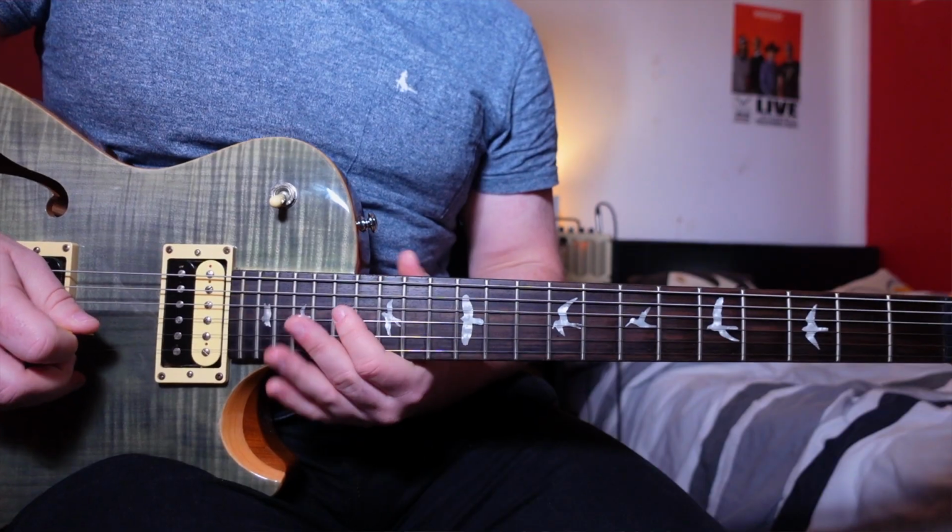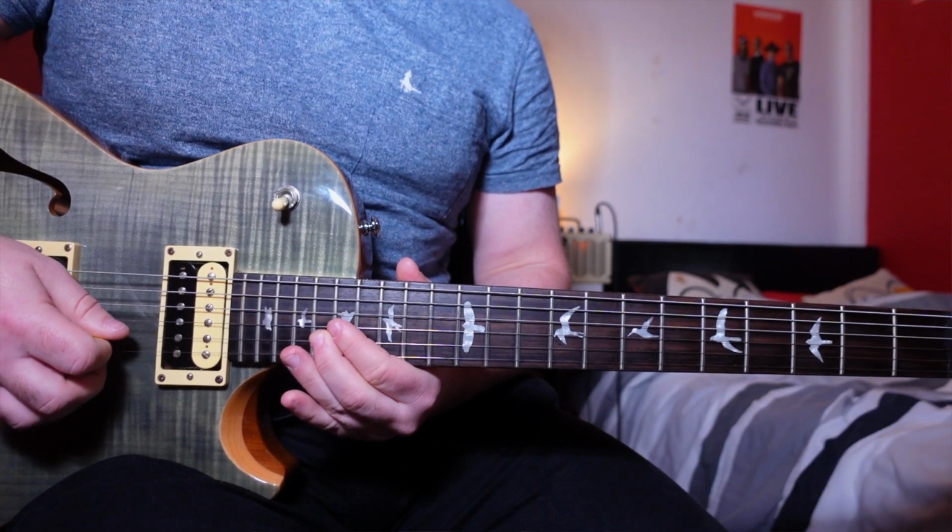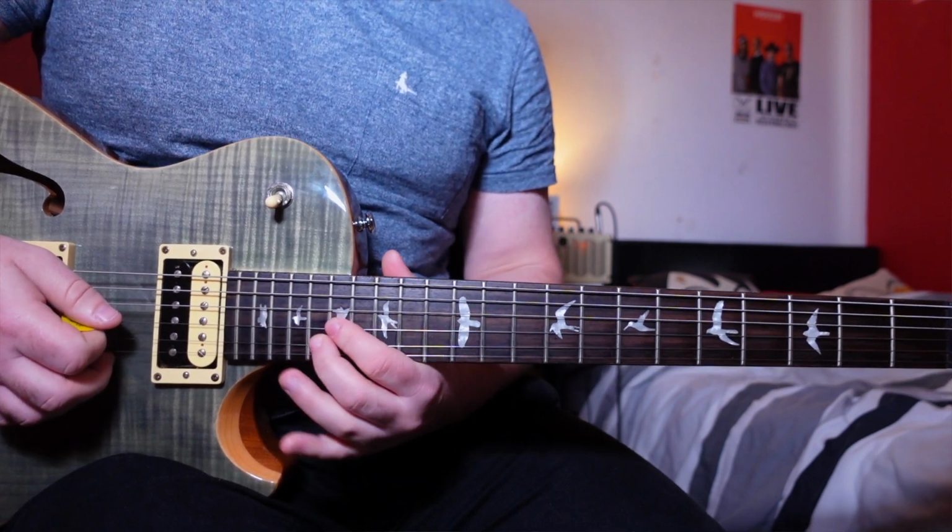Okay, so this is a little bit tricky, and in some ways I'm going to give you the chords and I'm going to go into the strumming, but it's better just to try and play along to me and to the song, because the rhythm's a little bit awkward. So we play our picking pattern here, and we're actually going up to the 17th fret on the G, to the 18th fret on the B. So you're going to hold both those strings down,